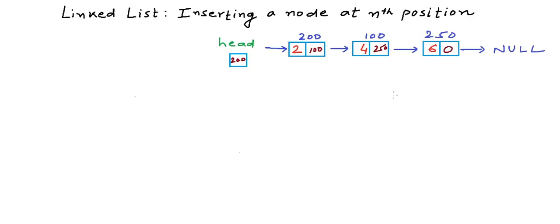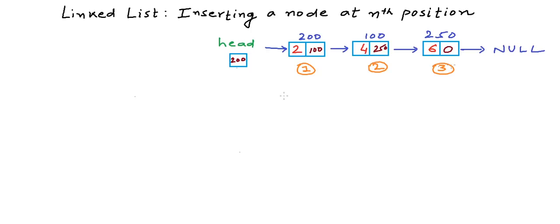Let's say we have a linked list of integers here. There are three nodes in this linked list. Let us say they are at addresses 200, 100 and 250 respectively in the memory, and we have a variable head, which is a pointer to node, that stores the address of the first node in the list. Now let us say we number these positions on a 1-based index. So this is the first node in the list, this is the second node, and this is the third node,